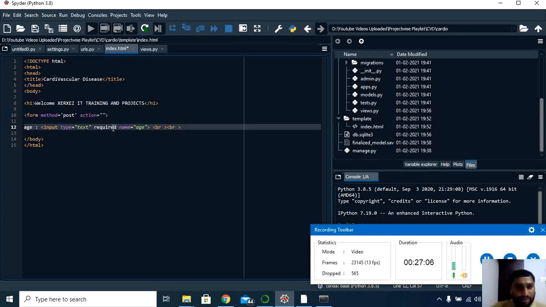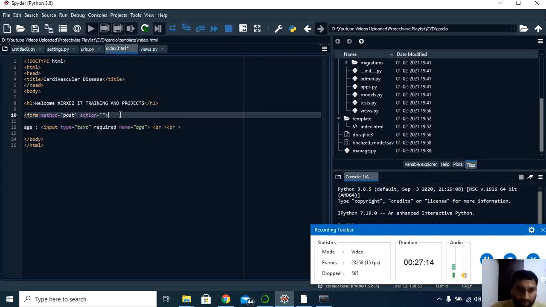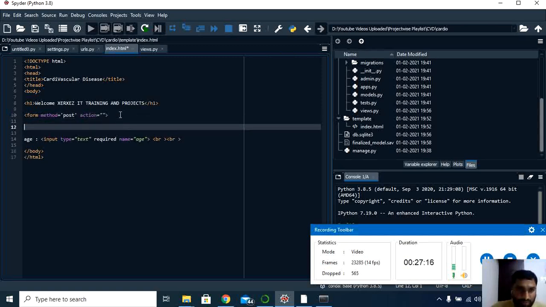Okay, now let me pause the video and fetch all the data from my Jupyter notebook. But before that, since we are using the POST method, there may be chances of hacking. Django protects against hacking and unauthorized access. We can use CSRF tags here. I'll use the CSRF tag.